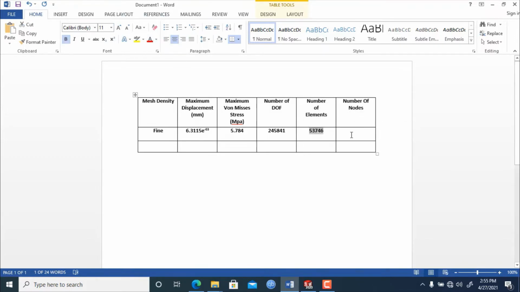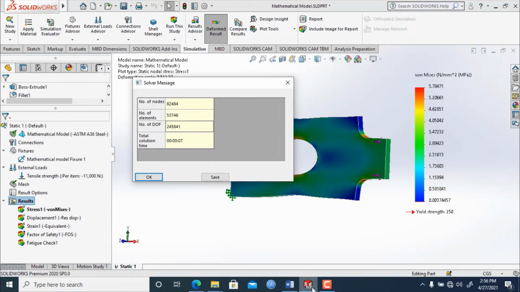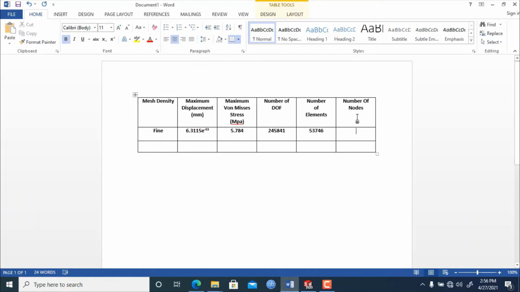And below it, we will put the number of nodes, which is 82484. Okay. Now here we will write coarse.